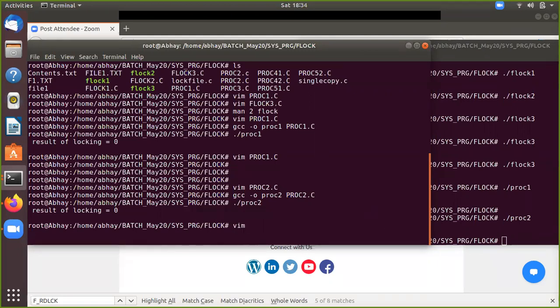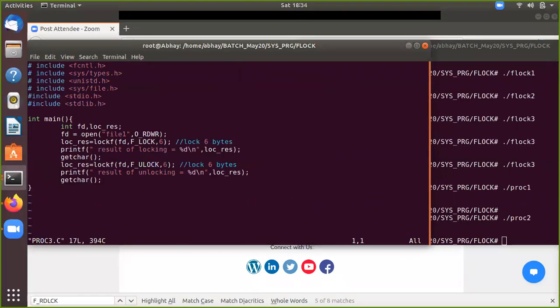Now let me go through prog 3. Here is another one. We have used this F underscore unlock. What we are doing here is locking a file, then unlocking it, and then coming out.